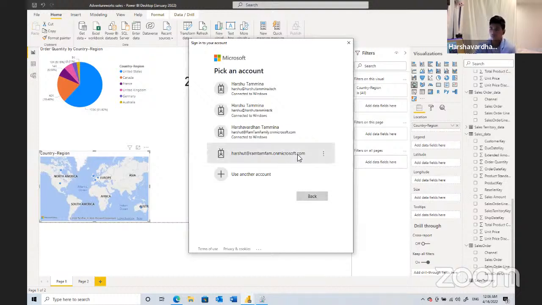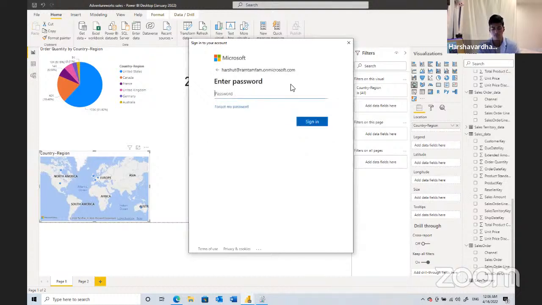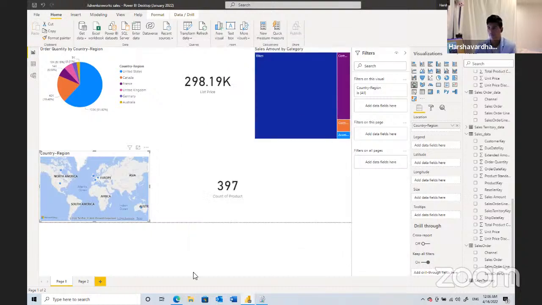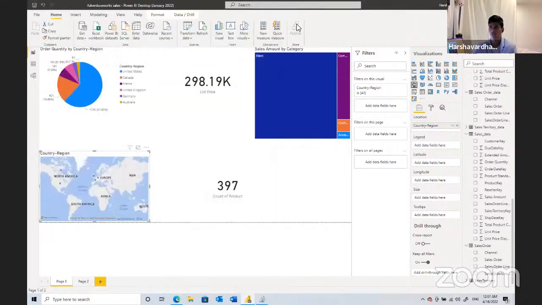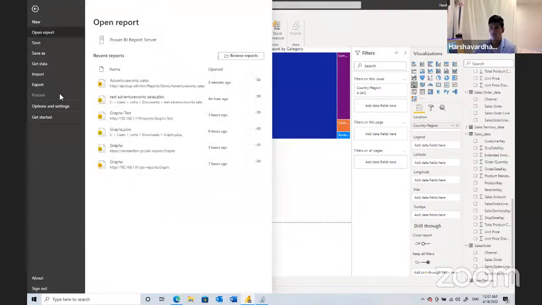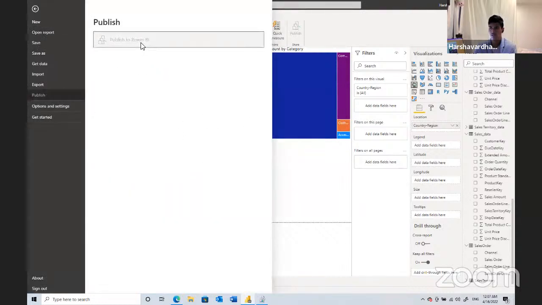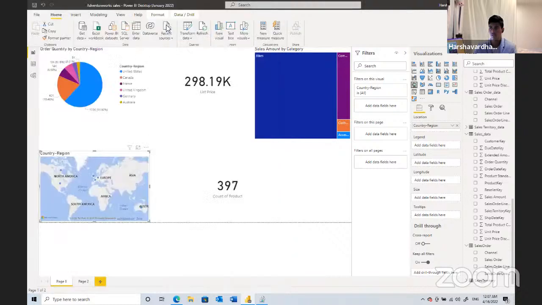Power BI Pro is recommended. The minimum base requirement is Power BI Pro, but Premium is the best one for service and the on-prem version. So now you can see I'm logged in, it has my email address. And now if I wanted to publish, I can publish to service, but once I reopen Power BI, as you can see, publish is grayed out. If I close and open that again,